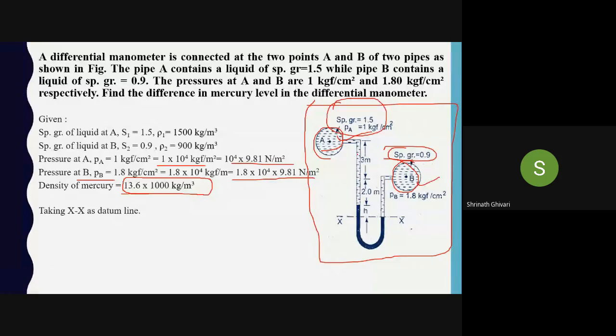Here it is 1.8. Now, can anyone tell me where more pressure is applied, at B or A? Which is applying more pressure? B, sir. You can see here it is applying 1.8, but here it is applying 1. When it is applying 1, that's why this has come up. If this applied more, the mercury level would have come up all the way here. You remember this? Whenever we apply pressure, what will happen? It will make a fall in the mercury. Whenever the pressure becomes less, it will come back. It will rise in the left column. You remember this? Obviously, when you apply pressure it gets pushed down, compressed. So the compression will be on this side.